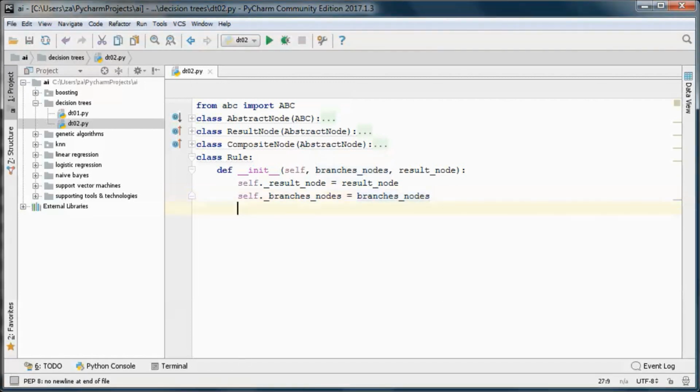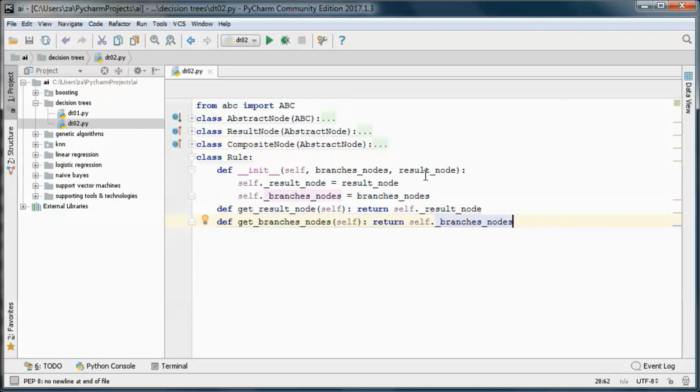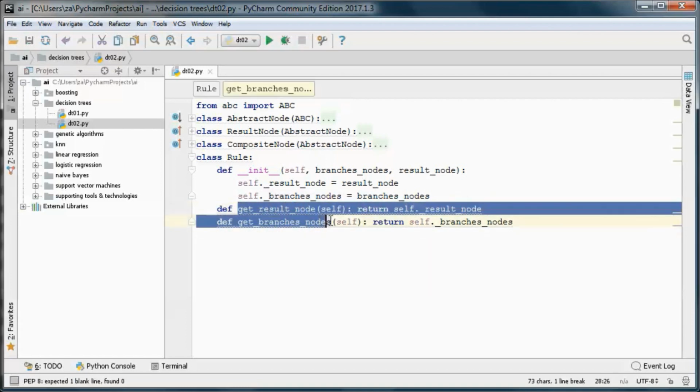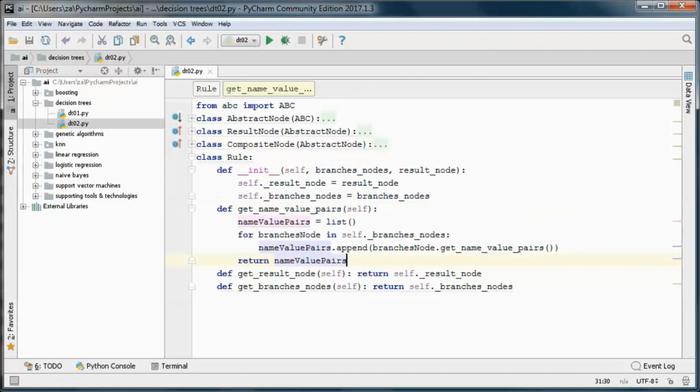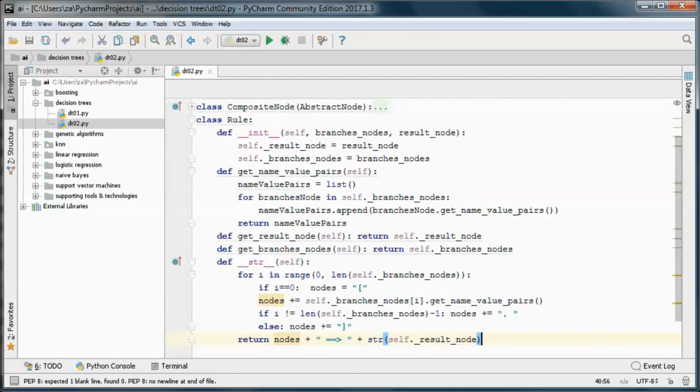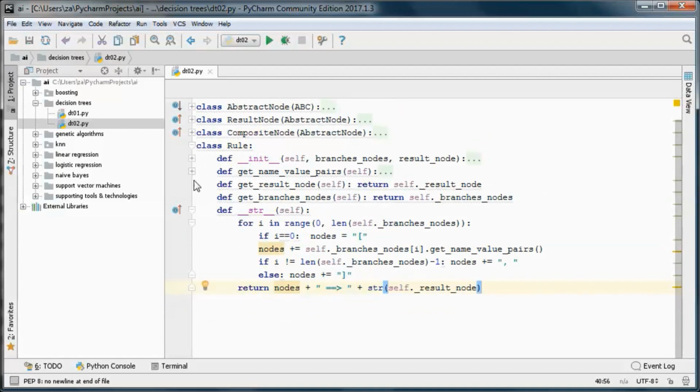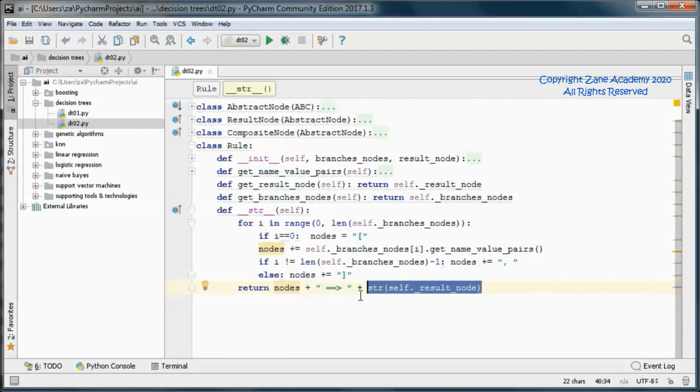And we will have get methods for both of those. And this method will return the name value pairs. And the toString method will return the result for this rule. So the tree branch nodes and the result node.